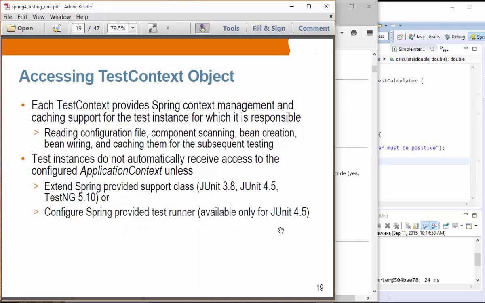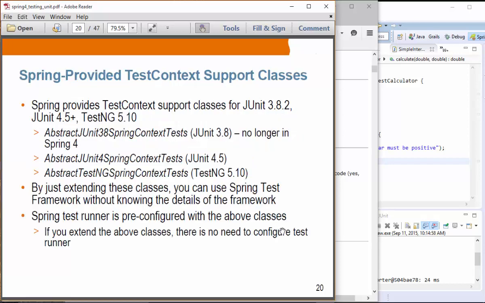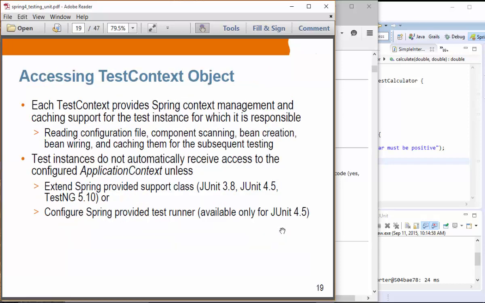Okay, but this is only available in JUnit 4.x. All right, so let me actually talk about the first case first. So, the extend Spring provided support class. So let's talk about it first, and then we're going to actually see how you can configure Spring provided test